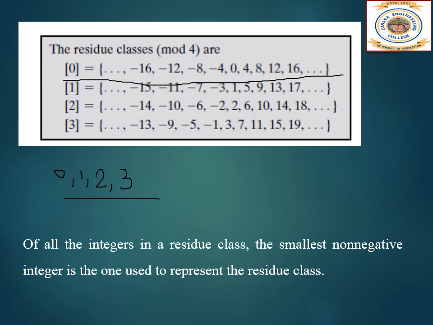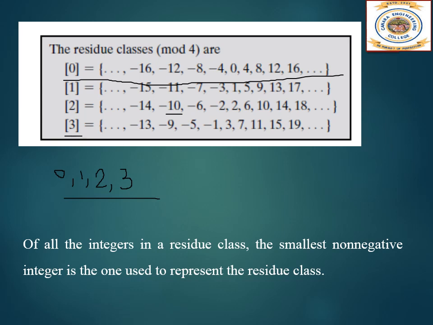Minus 6. What is the answer? It should be minus 2, correct? Yes, we get minus 2. But minus 2 plus 4, what do we get? Plus 2. Similarly, here minus 10. So what do we get? The answer is minus 2 again, right? Minus 8. Minus 8. So what is remaining? Minus 2 will remain. To that minus 2, I have to add 4. So I get plus 2. Alright, this is how you get 2.